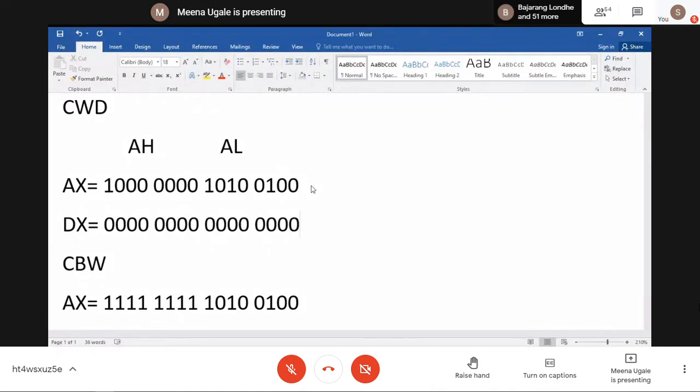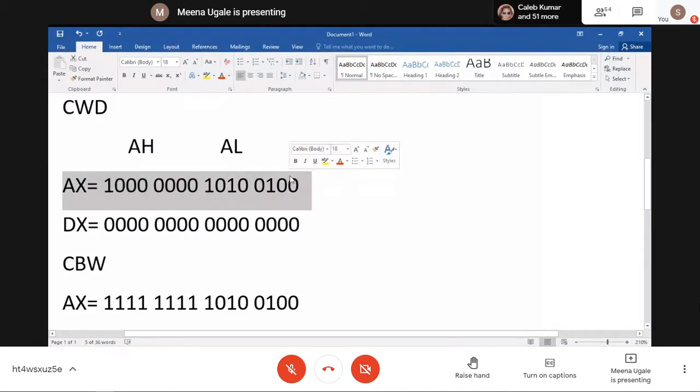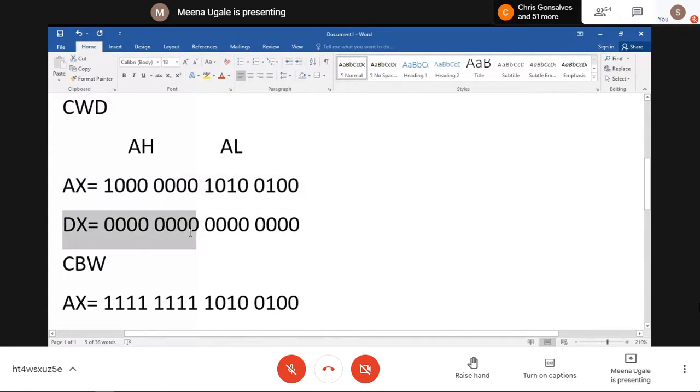You can see clearly, initially in the AX register I have some data like this, the highlighted one on the screen. At the same time, my DX register will be getting some content like this. Initially, I'm considering everything is 0000. And now when I apply the instruction CWD, the answer that I'm going to get will be like this.